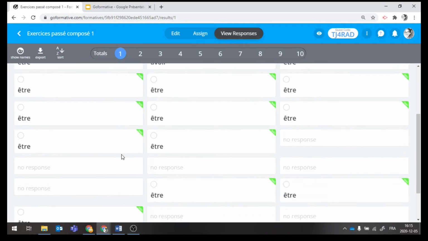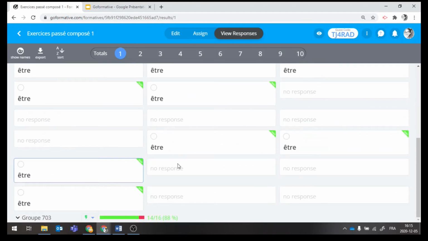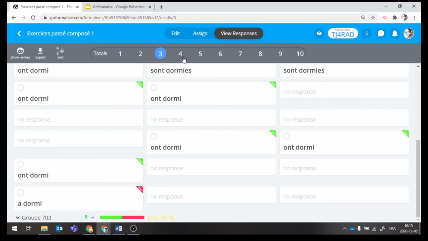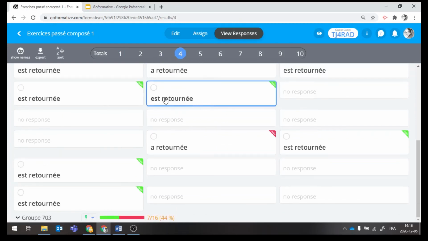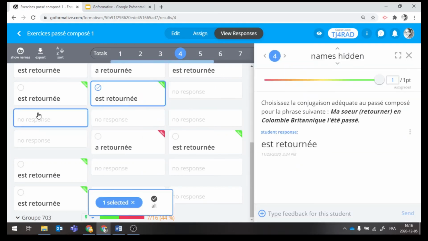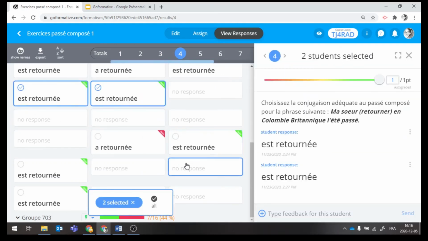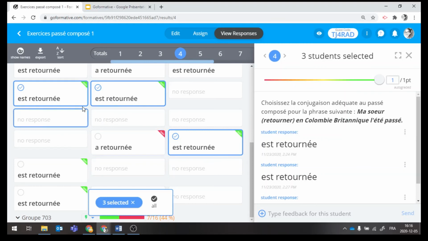So there, okay, I can, for example, see for question 3, okay, this one, let's take this one. I can give to the student who has the good answers. You know, I can click on everyone that had the right answer,